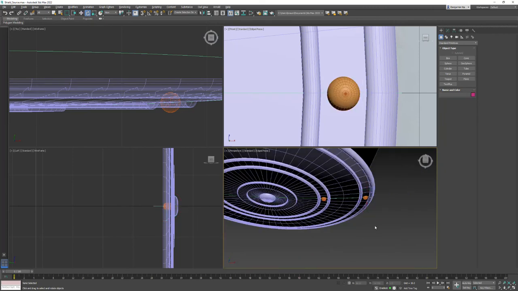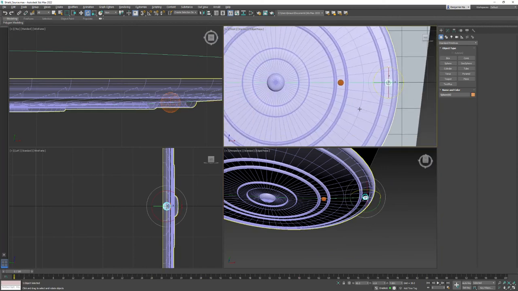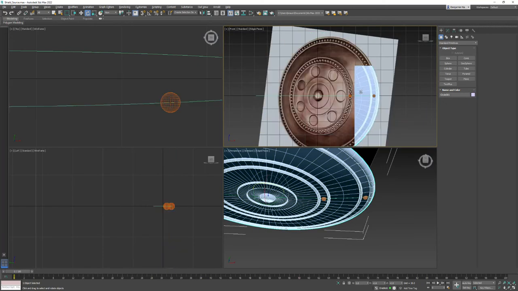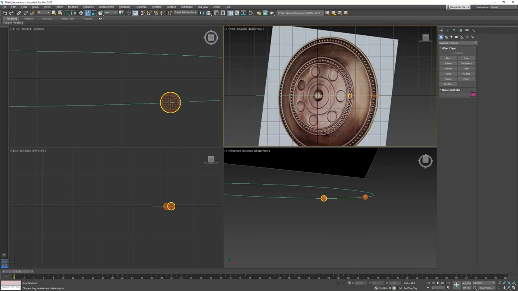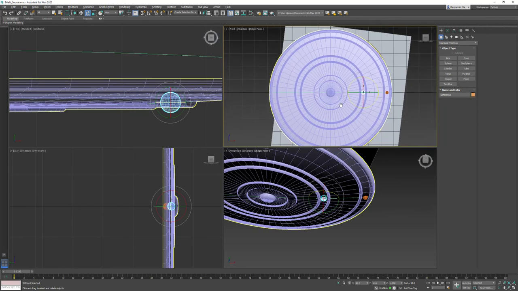There we go. Okay. So if we hide our shield, there we go. So we're going to focus in on these little circles first. So let's unhide all. What I'm going to do, I'm going to select one of these circles, and over here